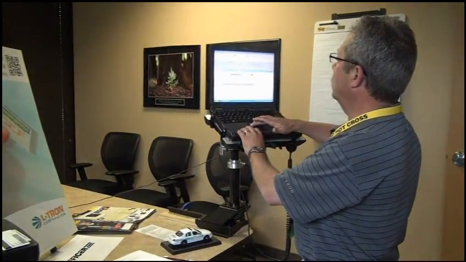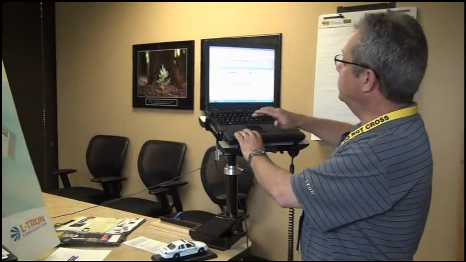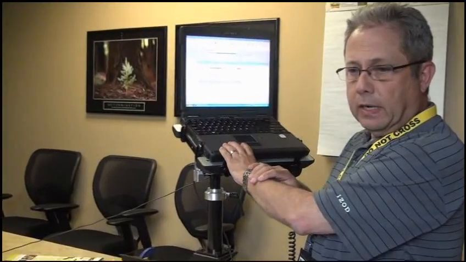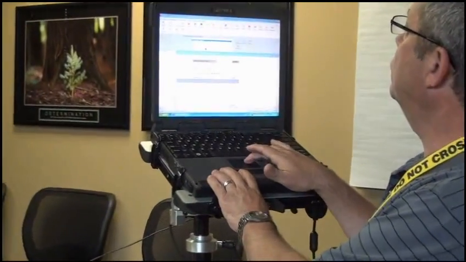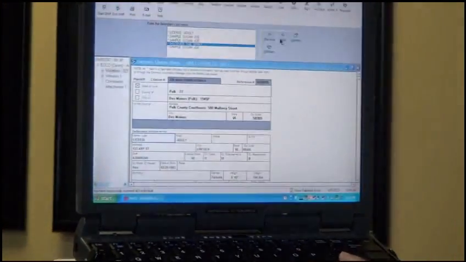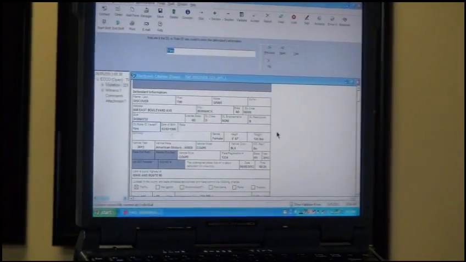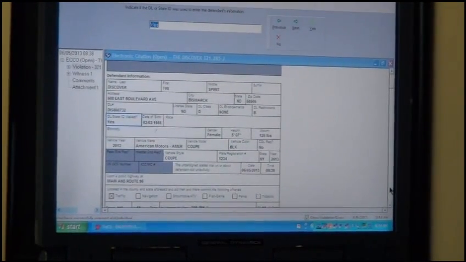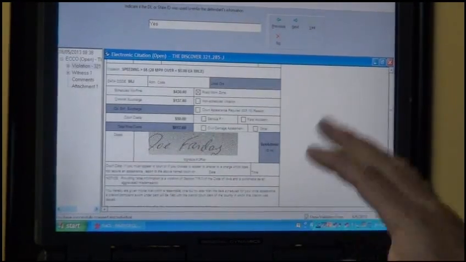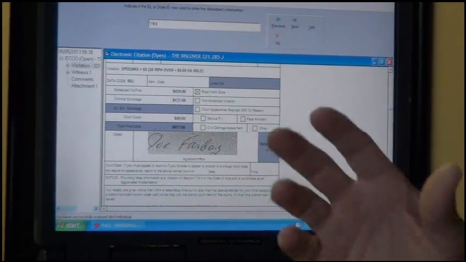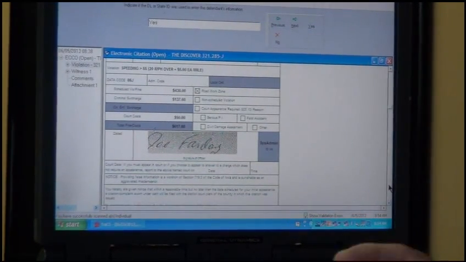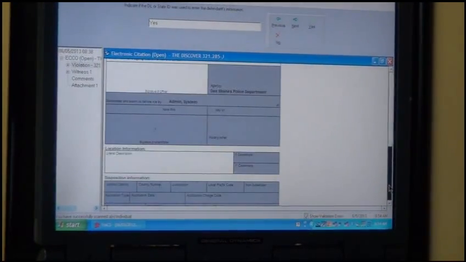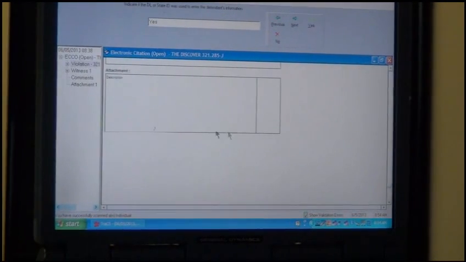He can do the same thing with the car registration data to populate those fields. And he goes through his forms, and as he goes through the forms now, everyone that he has scanned pops up in a list, and he can choose the correct person for the defendant and for the witnesses and everyone else who's involved in that particular report. So he can then tab through and select the infractions that are involved, and then he can get down to the attachments, and depending